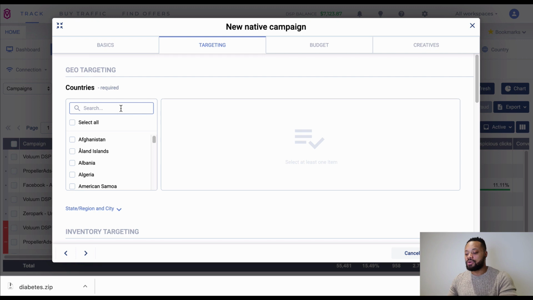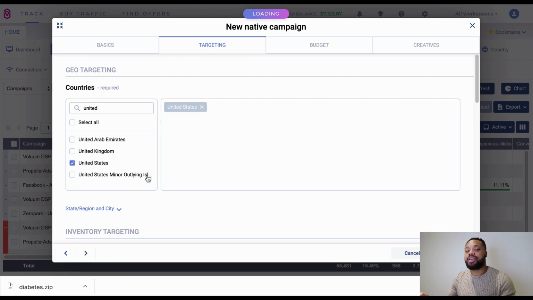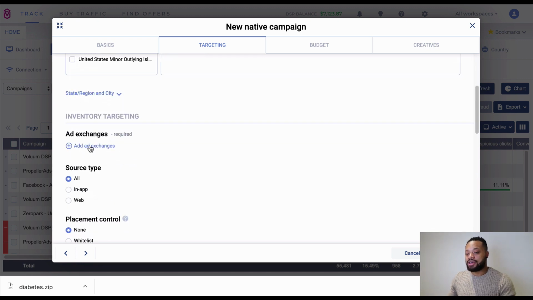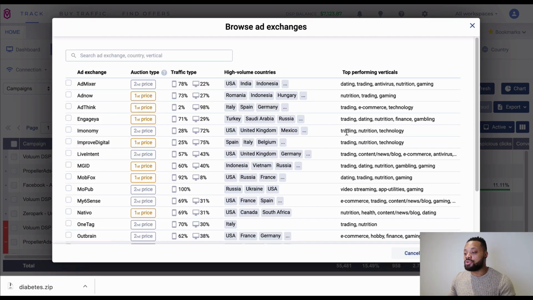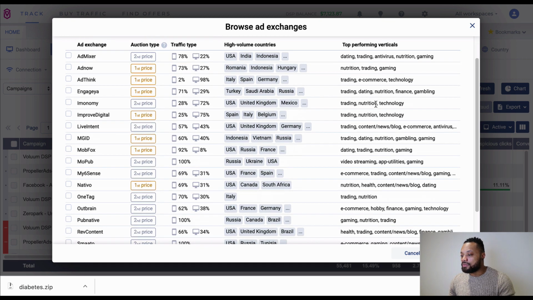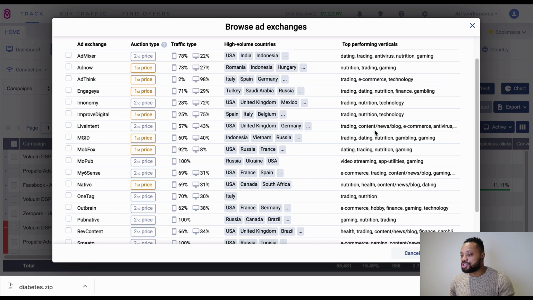Select the geo. I want to run this, for example, in the US. Obviously, when you're running your campaign, choose whatever geo you feel comfortable running. Select an ad exchange. This is very, very important. And a good thing with Volume DSP, it tells you where you could potentially place, depending on the type of offer. So we can see this is nutrition, another nutrition,